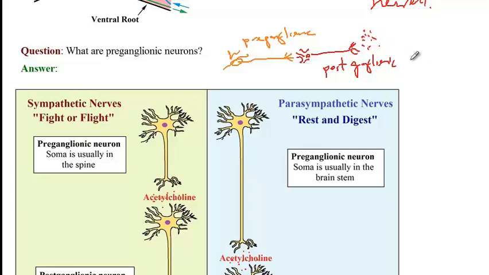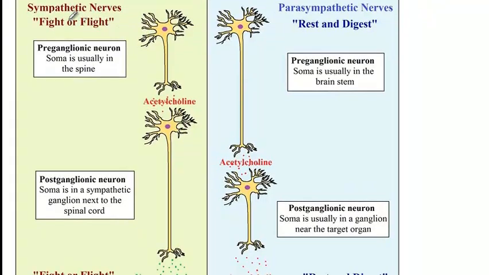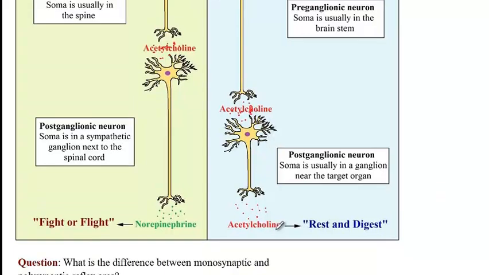And all the neurotransmitters that we were talking about, acetylcholine for the parasympathetic nervous system versus norepinephrine for the sympathetic nervous system, we were all talking about postganglionic neurons because those are the nerves that will induce the final effect. If we wanted to talk about preganglionic neurons, then I should have mentioned that both the SNS and PNS are releasing acetylcholine, but then it's the final neurotransmitter that matters. With the parasympathetic nervous system, acetylcholine is released in order to induce the rest or digest response, while with the SNS there is norepinephrine that will induce the fight or flight response.